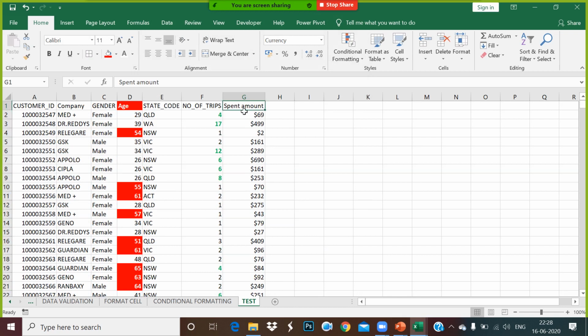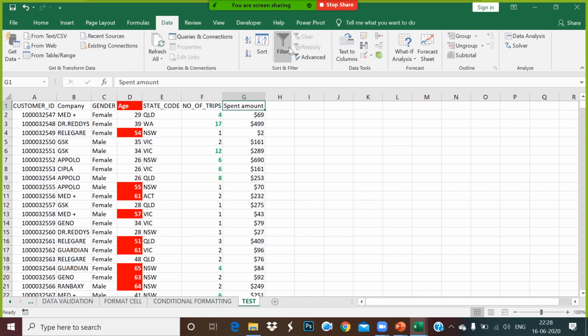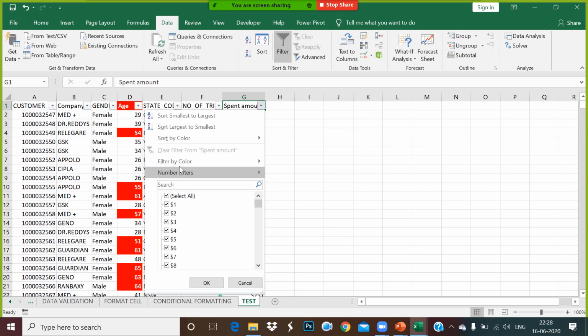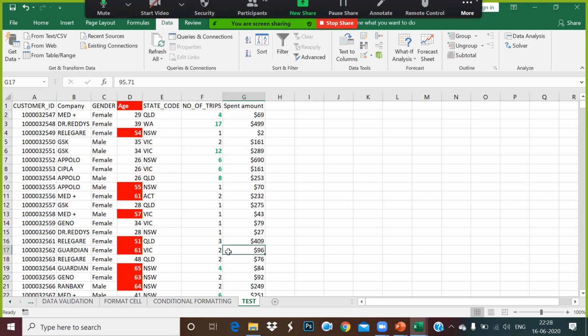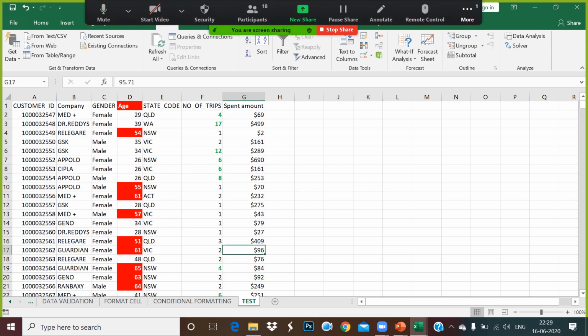Now, if you go for making a filter, in data filter, you have an option saying filter by color. Can you see that? Yes. You selected where the cells are greater than 1000. Making sense, guys? Yes. Understood? Yes. Okay, guys. So this is how we have finished session 1.